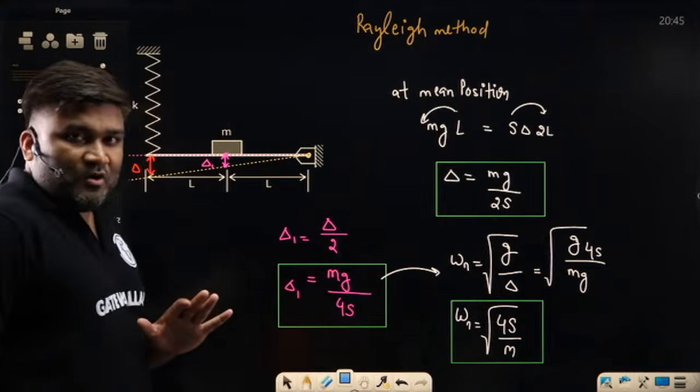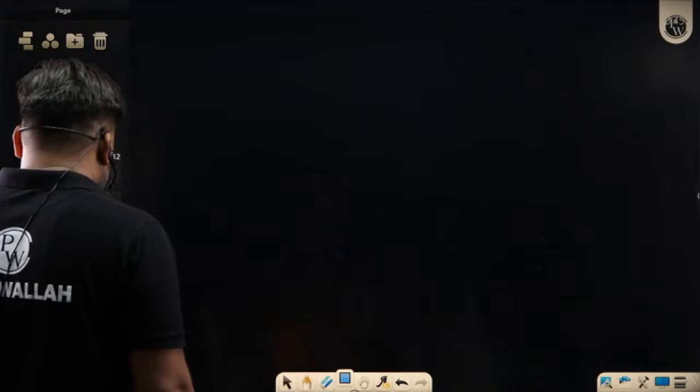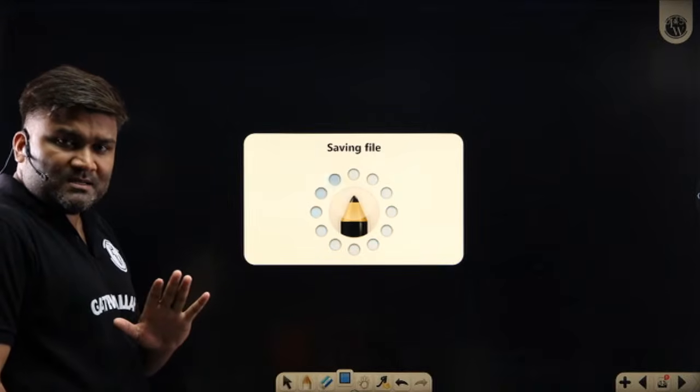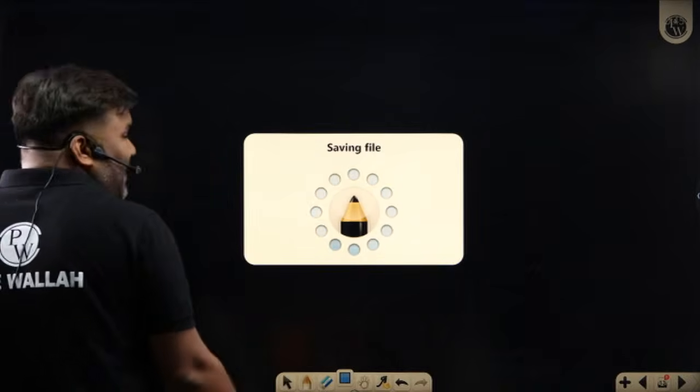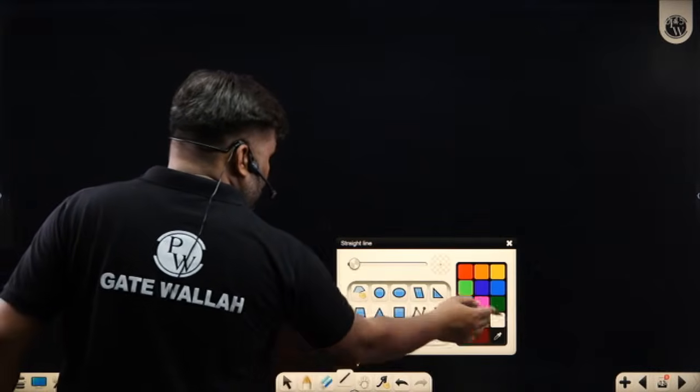So what is the meaning of Rayleigh method? I hope everybody has got it now. So what kind of questions can we solve by Rayleigh method? I hope this is clear. I'm just giving you some examples of what questions can be solved. You can solve questions like